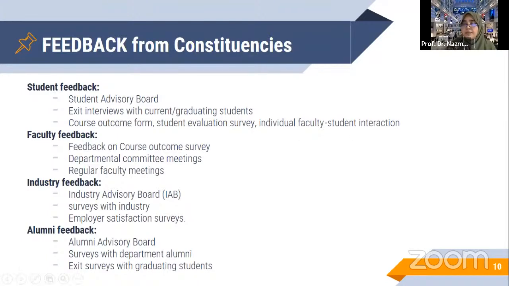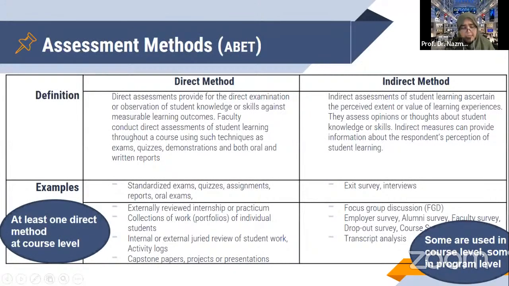Generally, we get this feedback that helps us to make an understanding of how the learning is going on and how the learning happened in the past. So if I can talk about the different types of assessment methods. So direct versus indirect method. Direct method